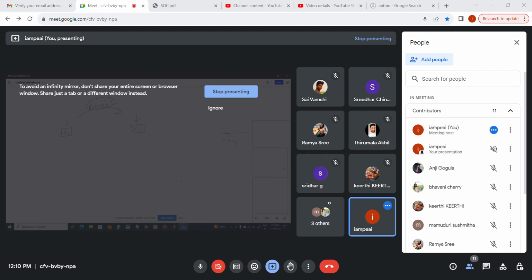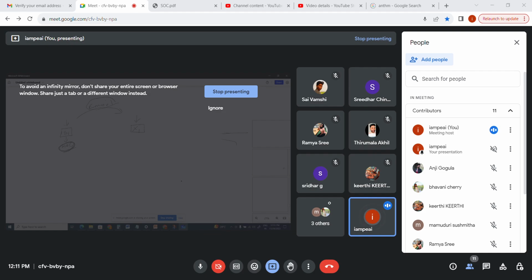Every system has a MAC address, that means a media access control address, which does not change and is given by default by the manufacturer. To perform activities on this machine, or to communicate with other systems with the help of a network,